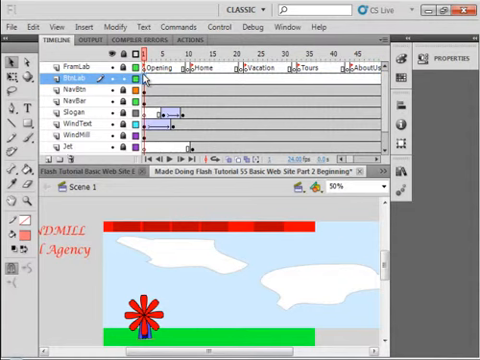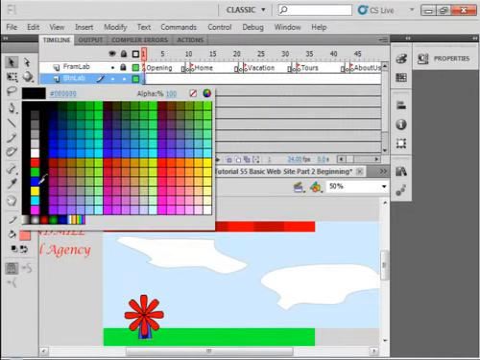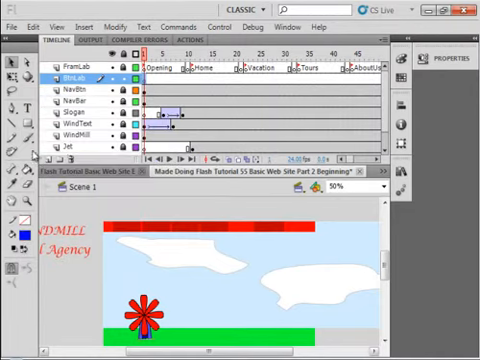And put this first frame, and we're going to use a blue color for our text. So pick this up, blue, pick your text box up, and just make a text box here. And the reason we're going to make the text separate from the button is in case you want to change the text. So pick up the text tool,